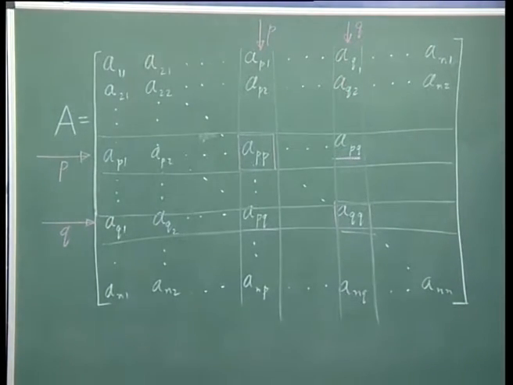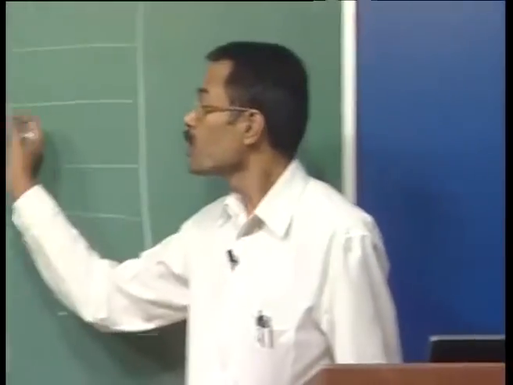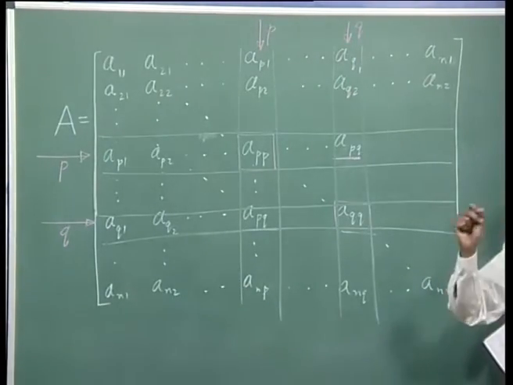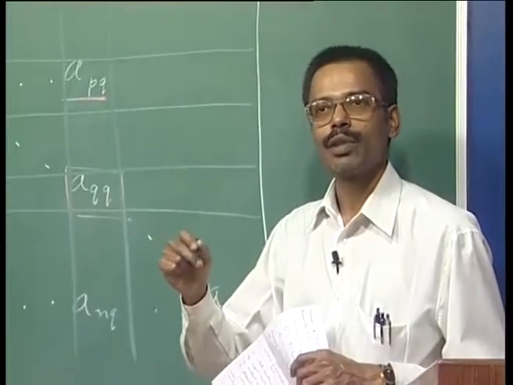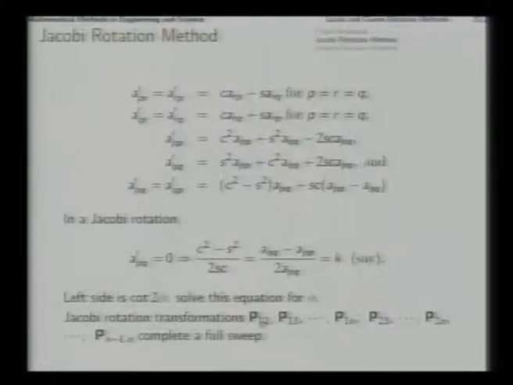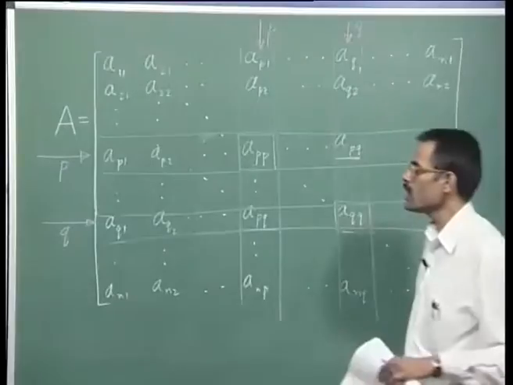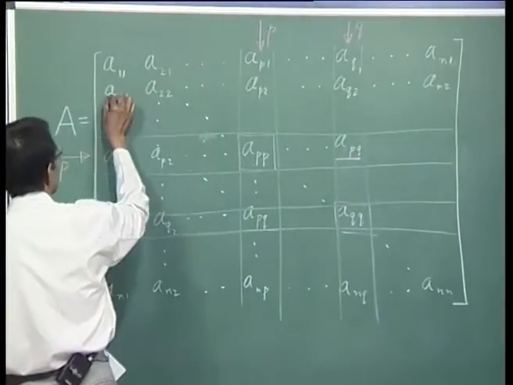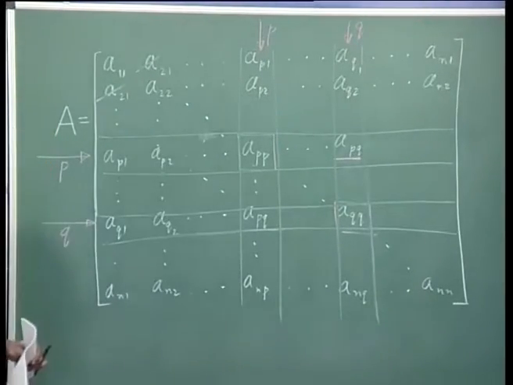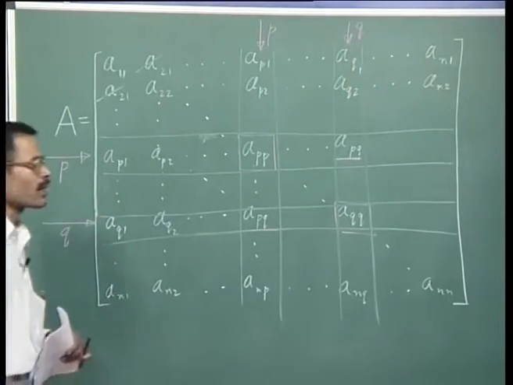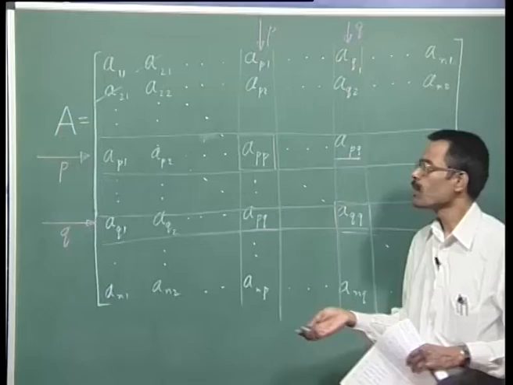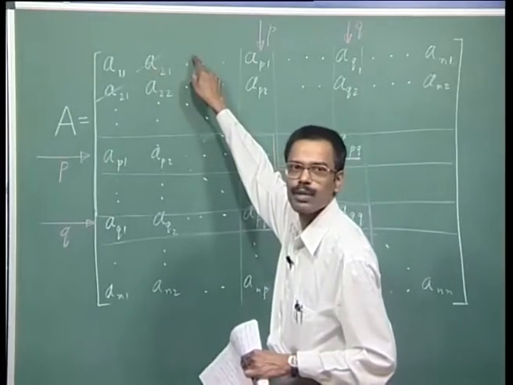Now, what do we do next? So, we choose PQ one by one in order to annihilate the entries which we want to be reduced to 0. Annihilate means kill, to reduce to 0. So, for that we take PQ first as 1 2. That will mean that we will be working with this corner, and that will mean that these two will turn out to be 0 through the process of P12. Next, we will apply P13 in order to make the 3,1 and 1,3 element 0 and so on.